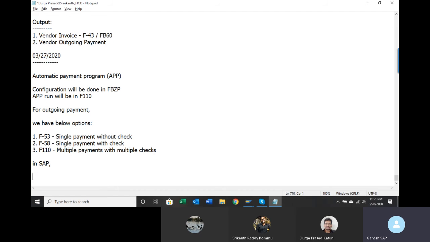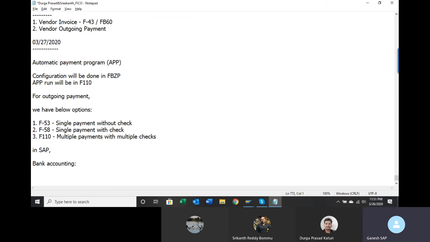In SAP, before I do these steps, I'm going to do the bank accounting. In SAP particularly, there is a term called house bank. House bank is nothing but, for example, the Maruti company has a bank account in, say, Axis Bank. So Axis Bank will be created as a house bank.